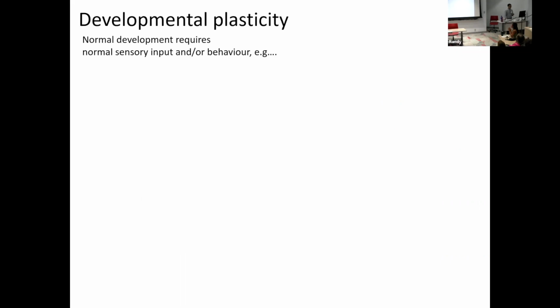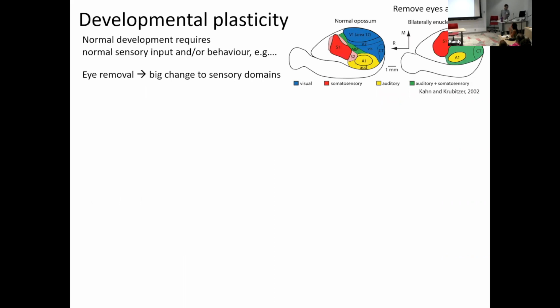Normal development requires normal sensory input. An example is that if you remove the eyes of an opossum 4 days after birth, then the visual domain of the opossum is entirely taken over